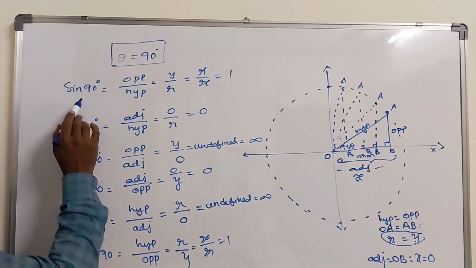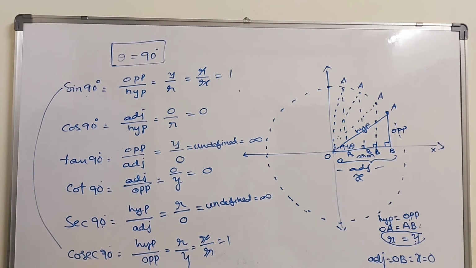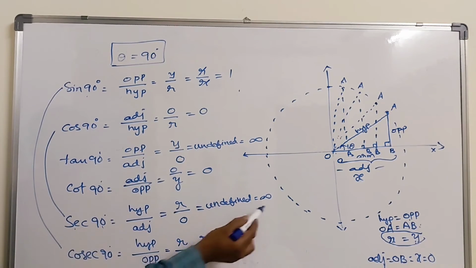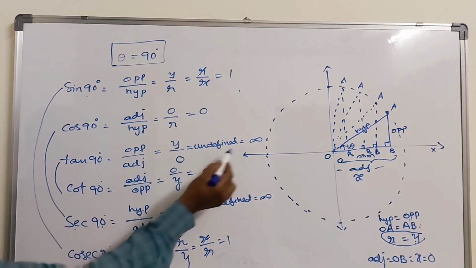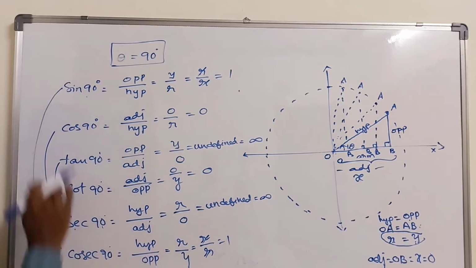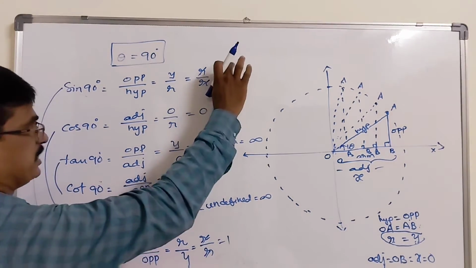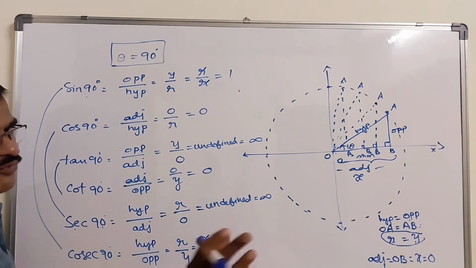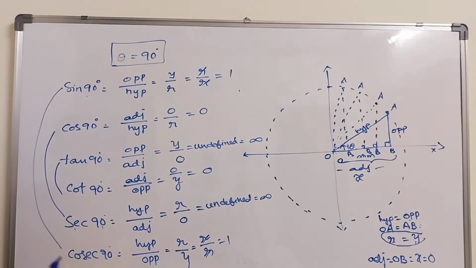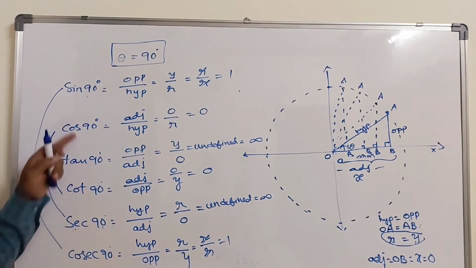That is sine 90 is 1, cosecant 90 is 1, reciprocals. Okay, cos 90 is 0, secant 90 undefined, tan 90 undefined, cot 90 is 0, because tan and cot are reciprocals, sine and cosecant are reciprocals, but the reciprocal of 1 is 1 only. So sine 90 and cosecant 90 have the same values. Okay, right. So this is the way of finding the 6 trigonometric ratios when theta is equal to 90 degrees,